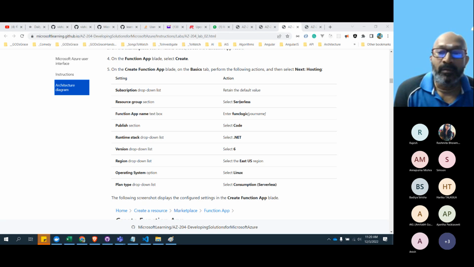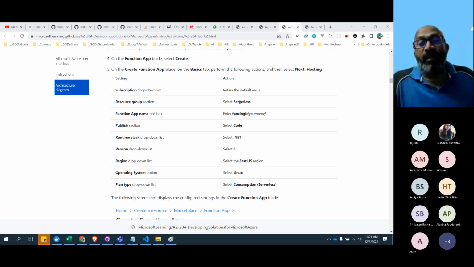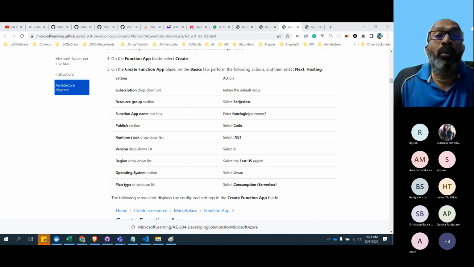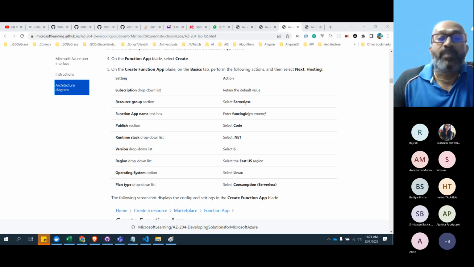When you know that there'll be very less traffic, at that time it doesn't make sense to go ahead with the app service plan, because if there are 1,000 calls throughout the month and it is assumed that it is costing only 100 rupees, there's no point in taking the S1 plan and paying 6,000 rupees per month. OK, now you need to know the load before choosing whether it is a serverless app or the app service plan.